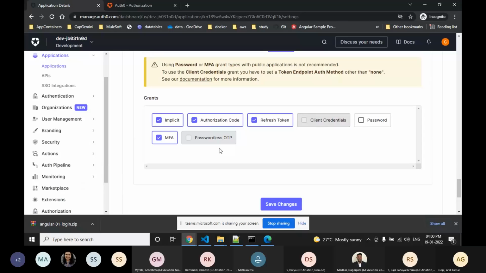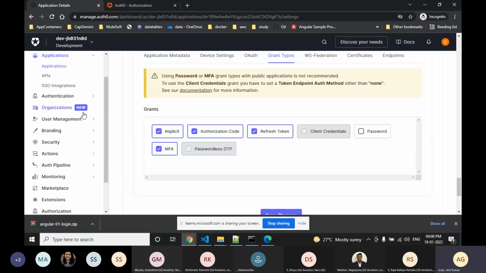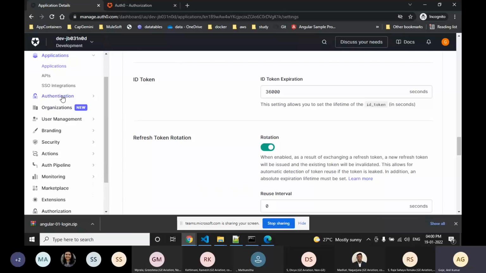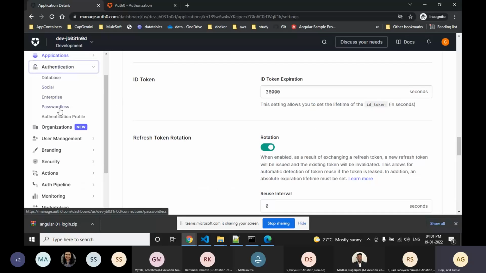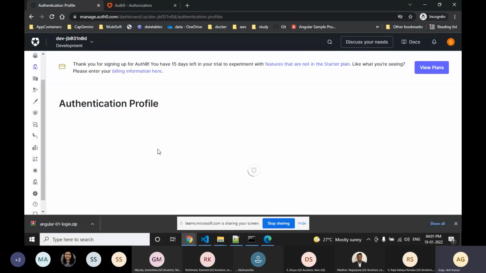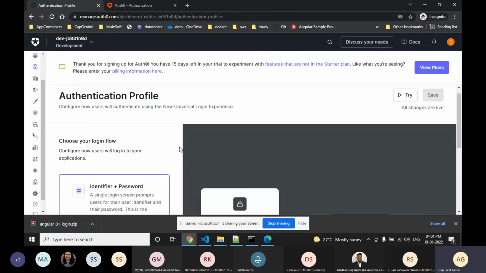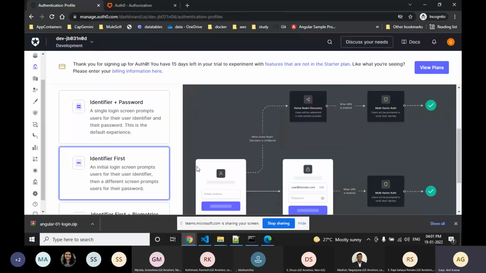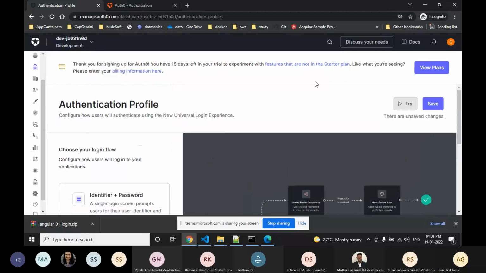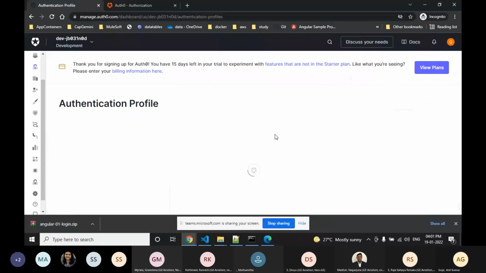Next, we can do the same thing with passwordless also. Let me enable passwordless and show you in the UI when a user wants to log in another way. First let me show you the profile change. If you change the profile authentication way to the second option, first it will ask for the email ID and then it will ask for further details. If you select this and then save it,